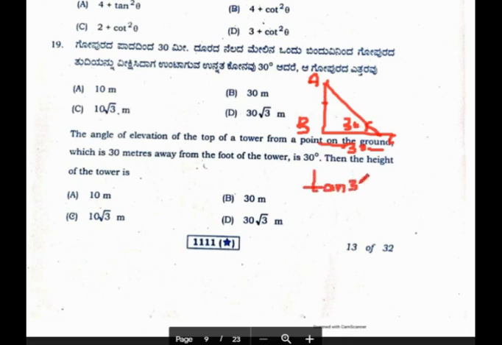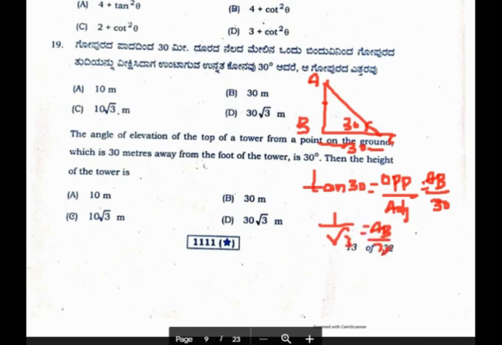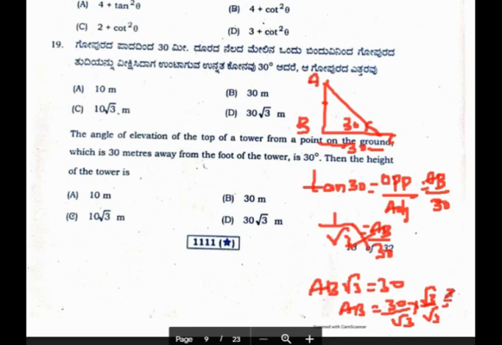So we will take the relation for tan. Reason is opposite and adjacent. The relation between opposite, which we have to find, and adjacent, which they have given, is tan theta. Adjacent is 30. Tan 30 is 1 by root 3, which is nothing but AB by 30. And we have to do cross multiplication. AB into root 3 is AB root 3, 30 times 1 is 30. So AB is equal to 30 by root 3. So we will do the rationalization here. So 30 root 3 divided by 3, which is nothing but 10 root 3. Correct option for this question is C, 10 root 3.